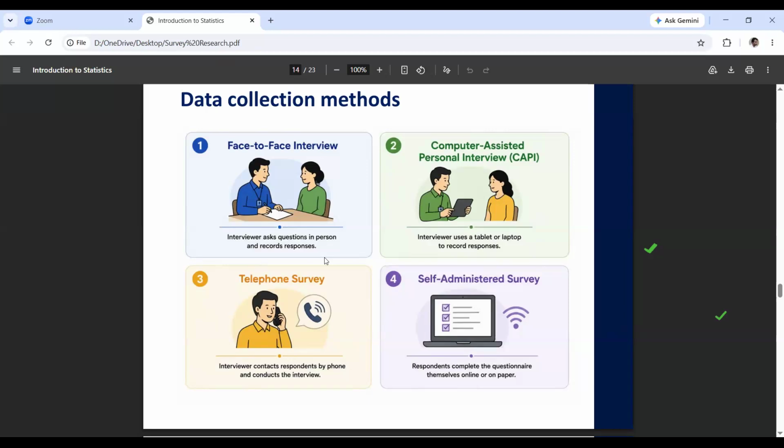Benefit of using CAPI is you need not do a separate exercise of data entry. You can directly get data in tabular form. You can have data in real time on your control room or at your server. So suppose data collection is going on in the field, and the NFHS core team is getting data in real time at the control room in IIPS. And they are able to analyze that data in order to see कोई inconsistency तो नहीं है, कहीं ऐसा तो